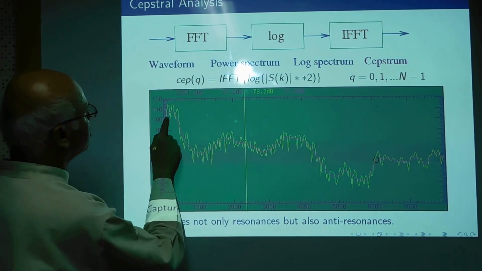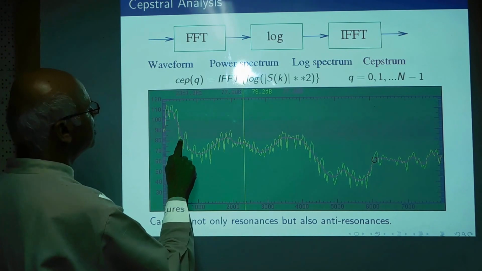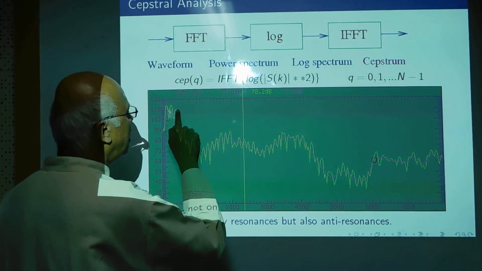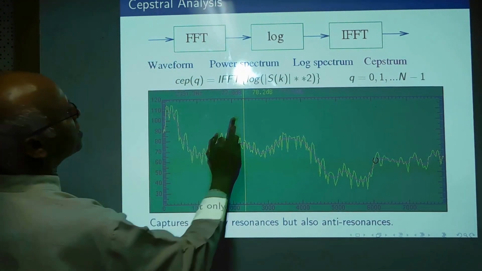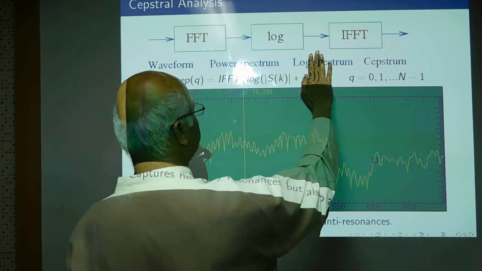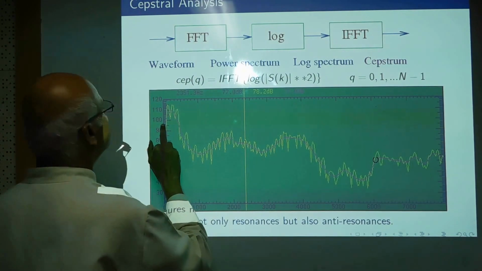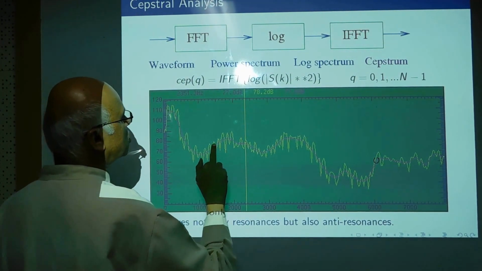Since our spectrum is this green curve, which has a rapidly varying component and a slowly varying component, if you look at this, that is what we get, this green curve, at the end of the log power spectrum. You take a Fourier transform and retain only the first few coefficients. Those first few coefficients essentially represent the purple curve, the slowly varying